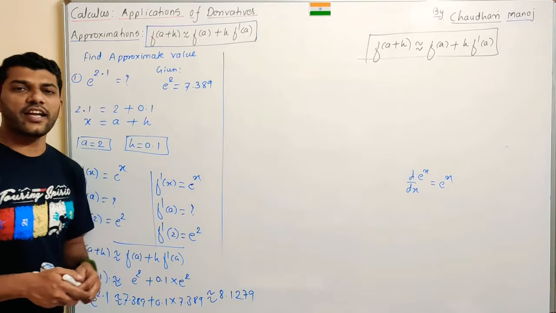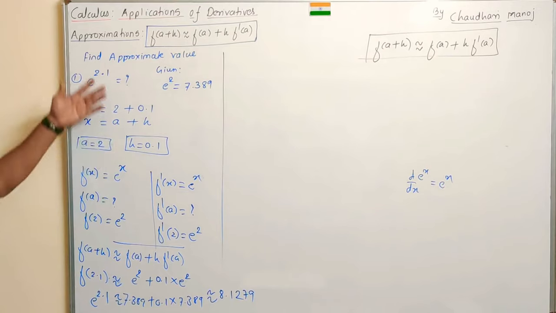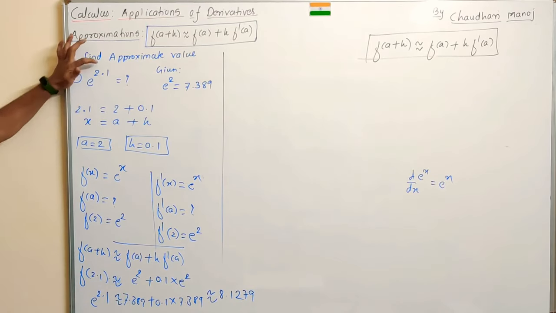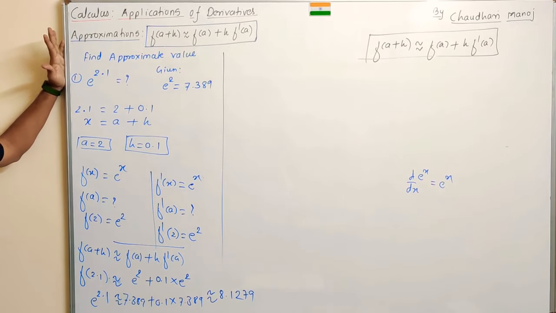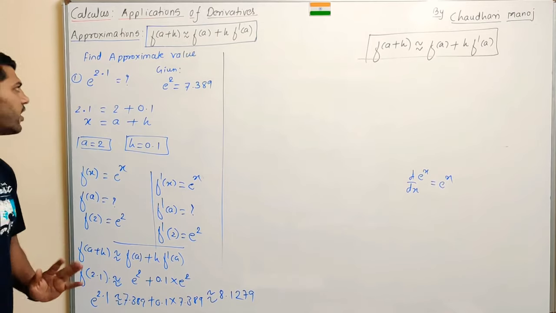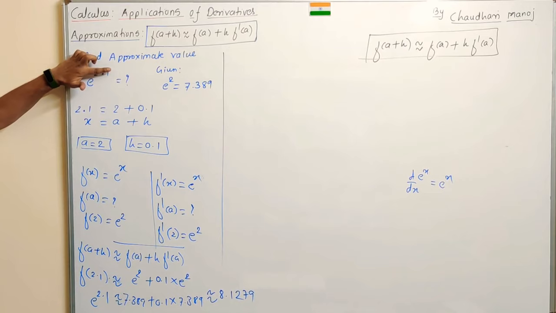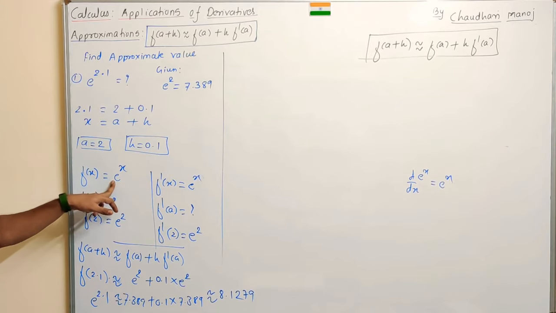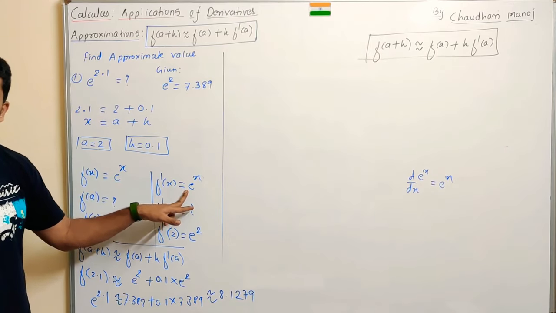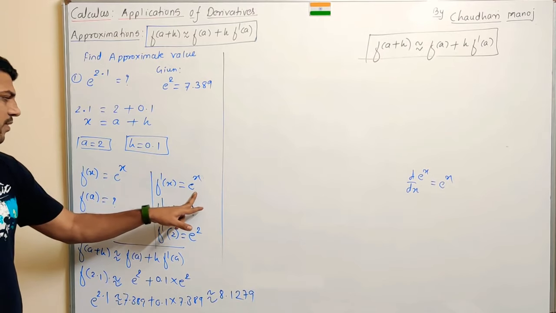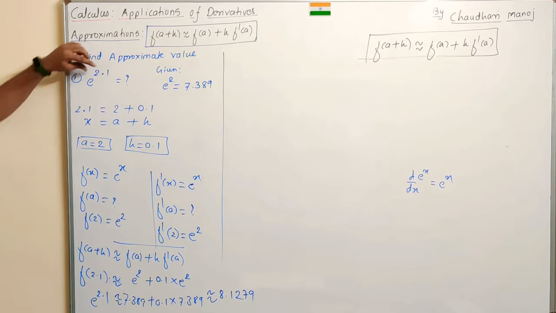But try to understand the entire process of finding the approximate value of the function. They will provide you this kind of function along with values in decimal, values that we don't know the exact answer for. Okay, then do one thing. Always hide that value. Consider it as an x. That will give you a standard function. So the standard function is e raised to x. Here I define f(x) = e^x. Immediately find out its derivative, f dash of x. Derivative of e raised to x is f dash of x. Okay, then